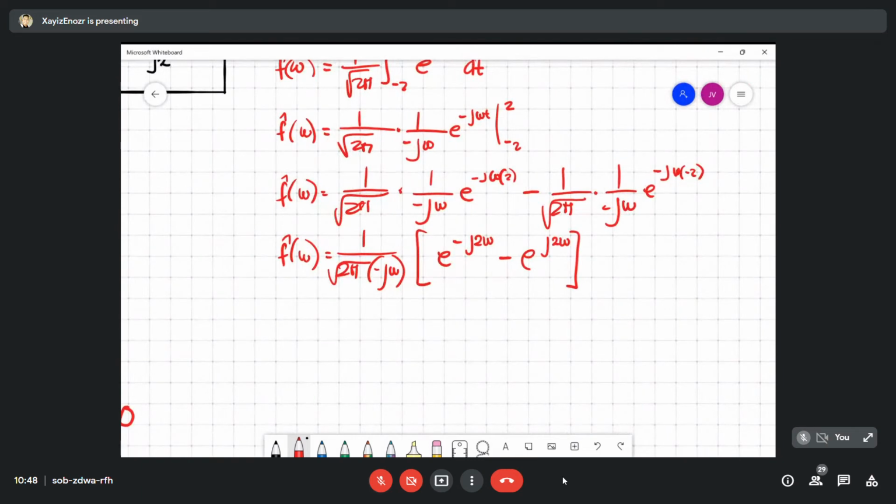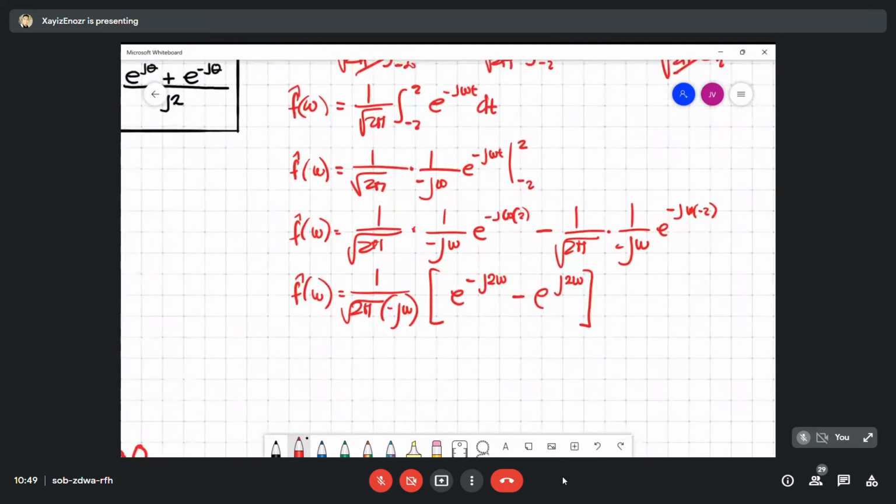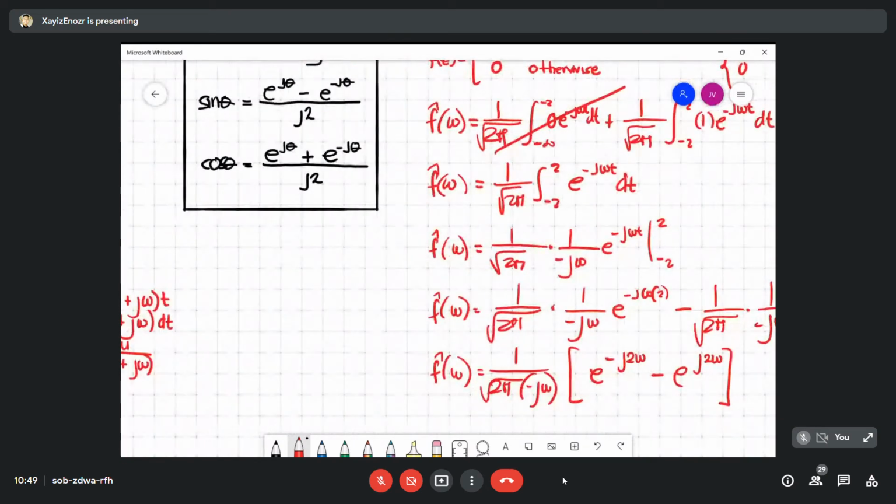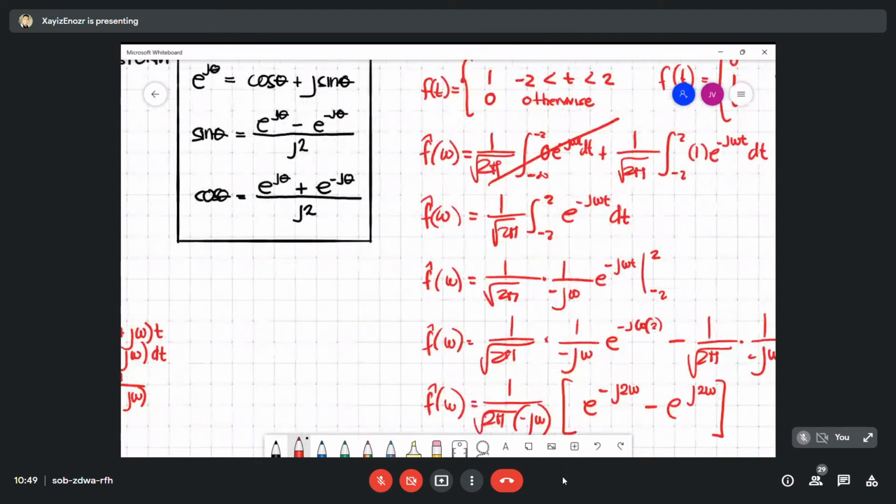Using that identity. Paano natin gagawin? So dito, kailangan magkaroon ng ano. So kung mapapansin nyo, e negative j theta. So ang kamukha niya ay